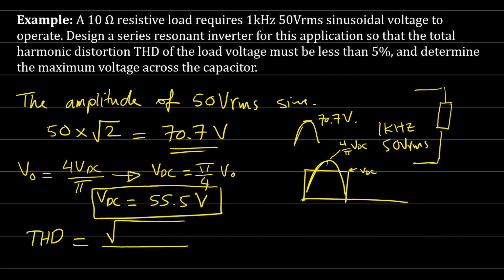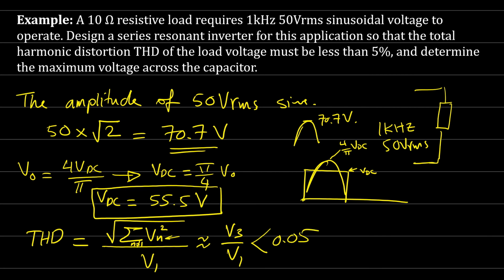The sum of the harmonics which are not the fundamental harmonic, n not equal to 1, squared, over the first harmonic. Now we can simply ignore the fifth and seventh harmonics because they are very small, equal to 0, and consider only the third harmonic. So we can say that this is equal to V3 over V1. Now when you design your inverter, V3 over V1 must be less than